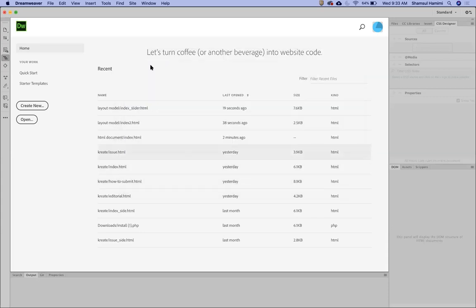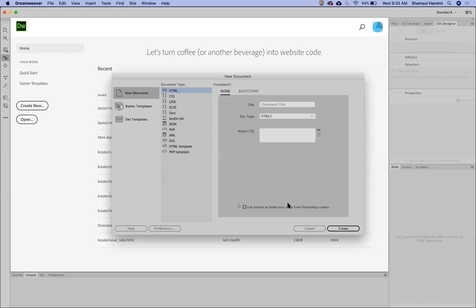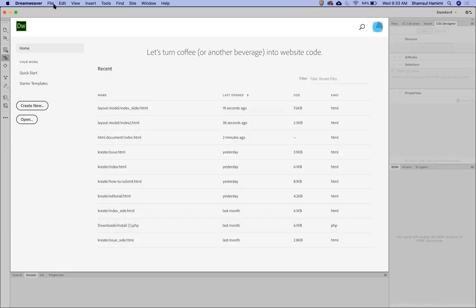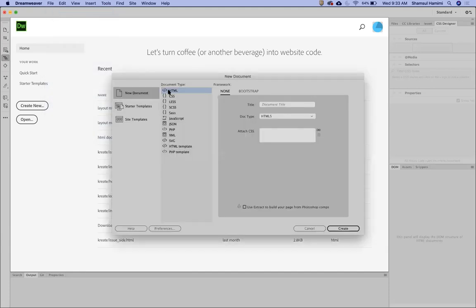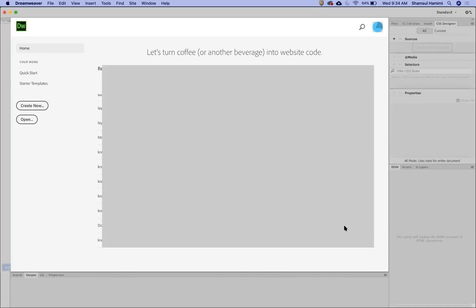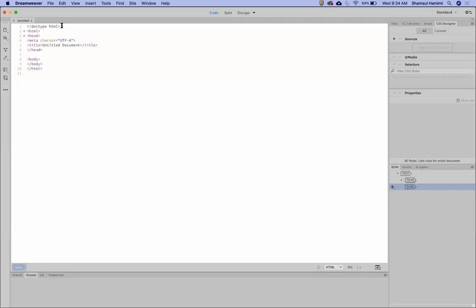I'm gonna create a new file. Okay. So to create a new file in Dreamweaver, you go to File, choose New. Okay, make sure you choose HTML file. So the doc type is HTML. Okay, when you create a file in Dreamweaver, it is much more complete. When I say complete, because you also indicate the doc type, which is HTML, and automatically Dreamweaver will type for you